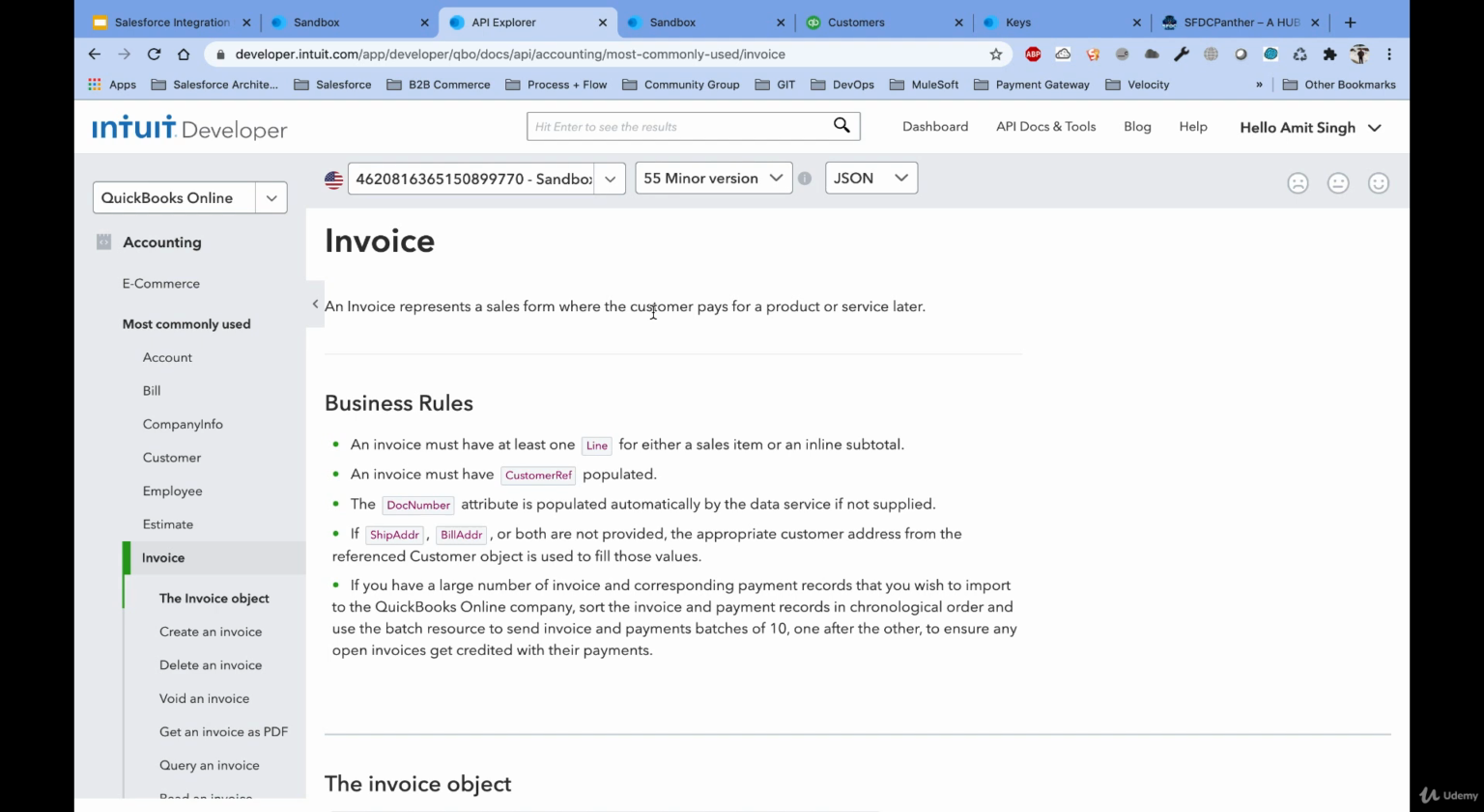So this is it for this lecture. In the next lecture we will implement the same thing into our Salesforce using Apex, and it will be fun for us. So if you have any questions, please feel free to put them down in the Q&A window,